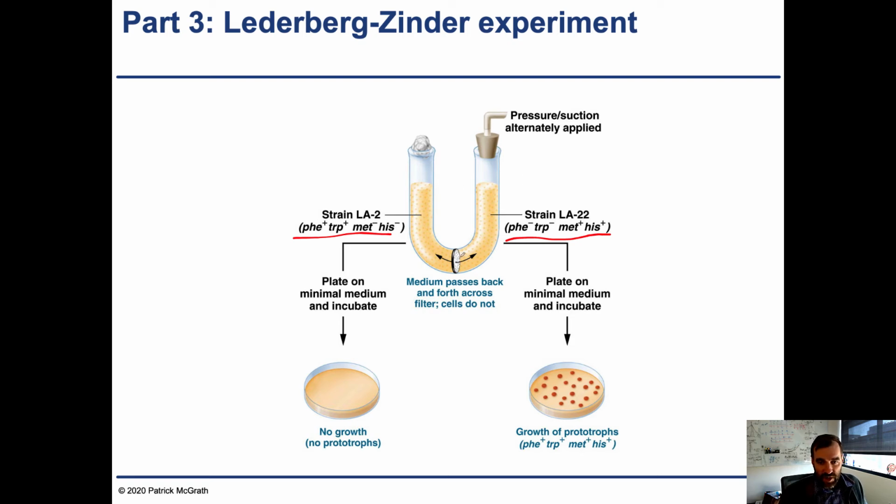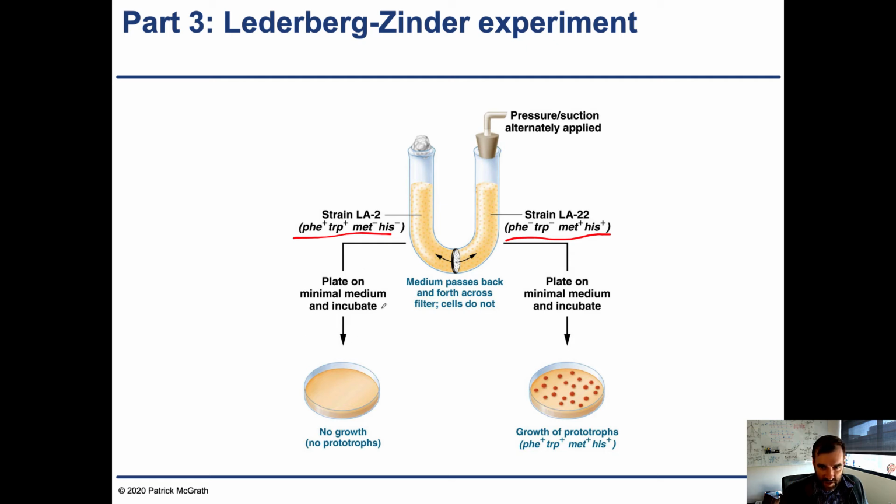And these are separated by a membrane. This membrane allows the media to pass back and forth, but the cells cannot pass. The filter size of this membrane is smaller than the bacterial cell size. Then you use pressure to basically push liquid back and forth. And so they did this, and they incubated on